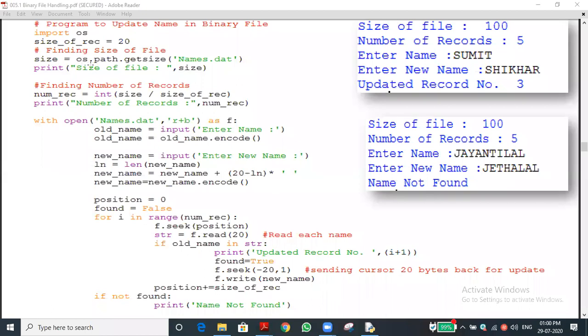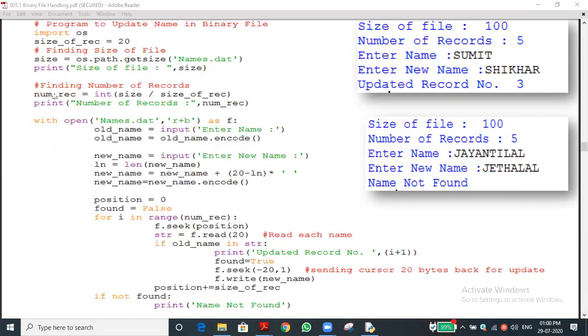Okay, you can see the pointer. In order to get the size, we import the OS module. You already know that by using the getsize function, we can easily get the size of the record. We are printing it, and next you can see numrec. This is also from the last program we have seen: total size divided by size of each record. Size of each record is 20, so we will get the number.